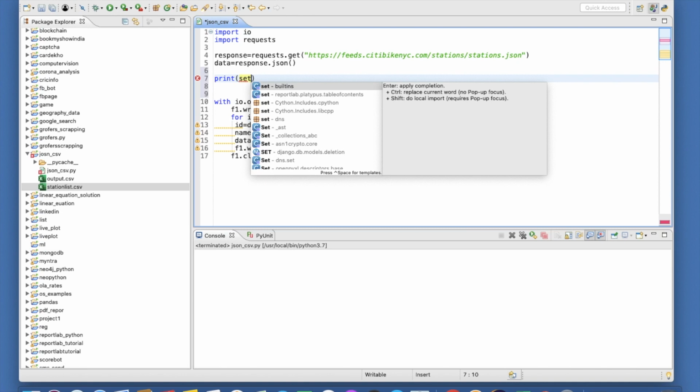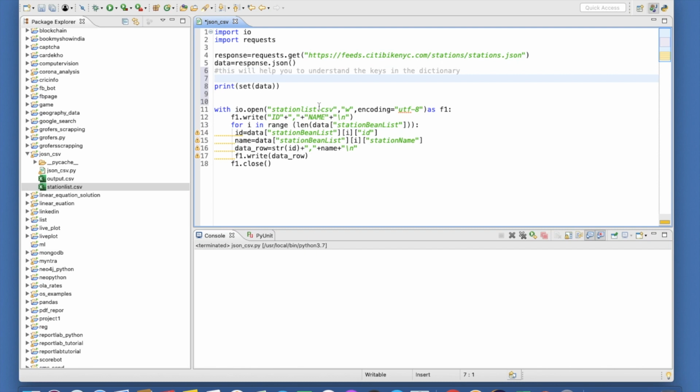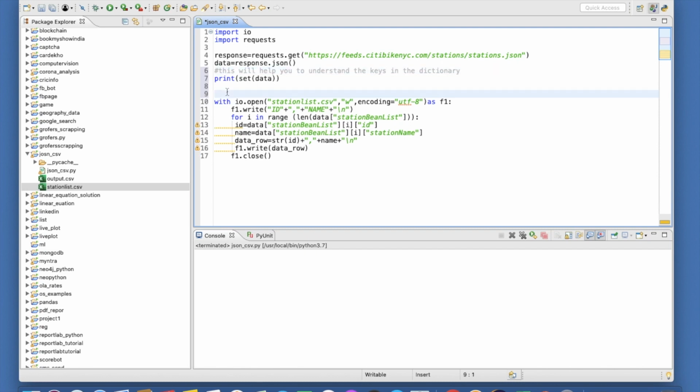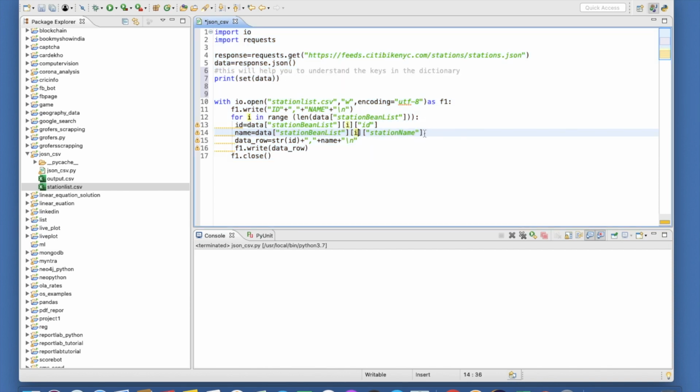Print set data. Basically this will help you to understand the keys in the dictionary, and depending on that, you can do whatever you want to do. So this is very simple, guys. If you understand this, you can tweak it, and you can convert whatever JSON format you have into CSV. The only thing is that, for example, if you want to get some other values,